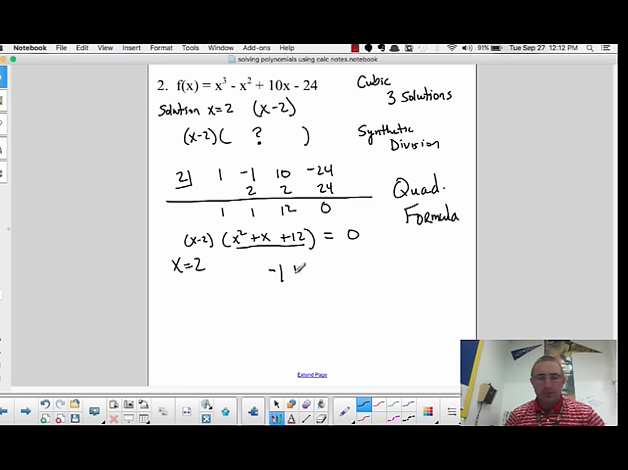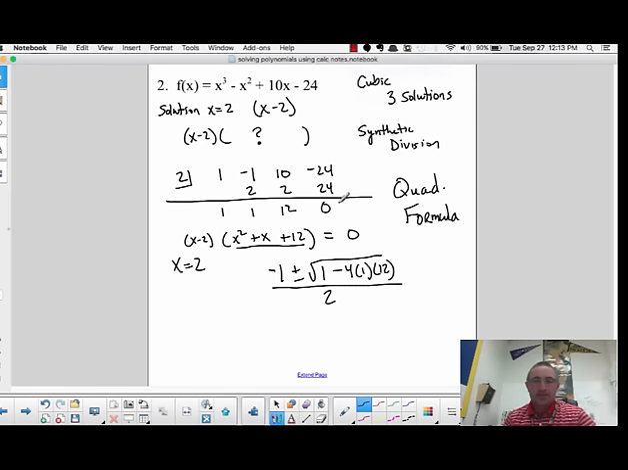Opposite of b, which is 1, plus or minus the square root of b squared, 1 squared, minus 4ac all over, whoops, not 2a, all over 2 times a. So that's going to give me 2. So, all right, now we do a little math here. We got negative 1 plus or minus the square root of 1 minus 48, which is negative 47